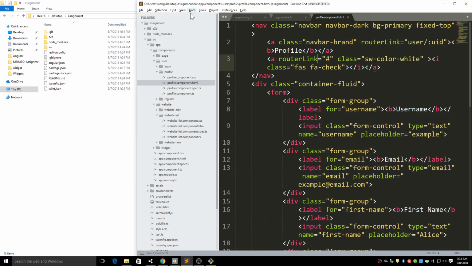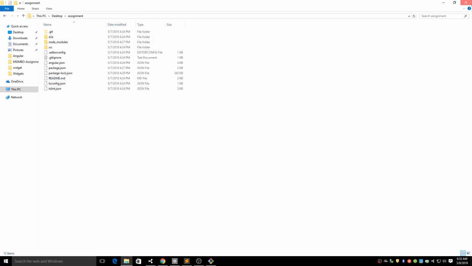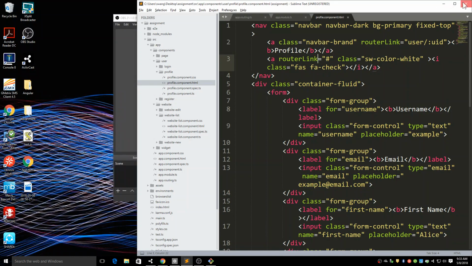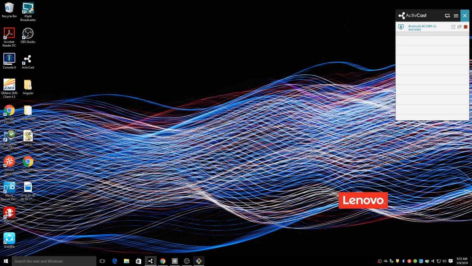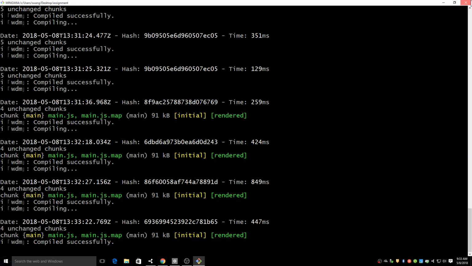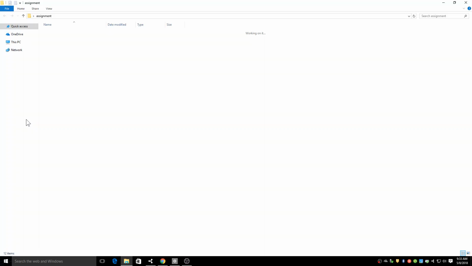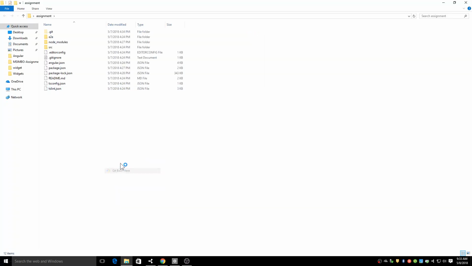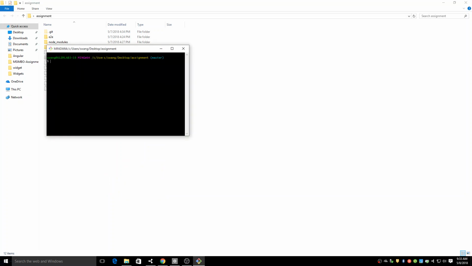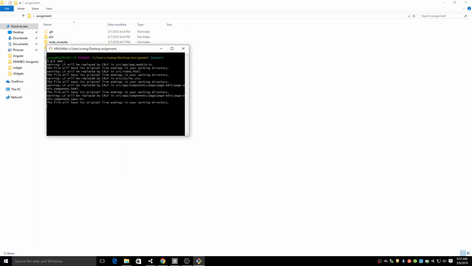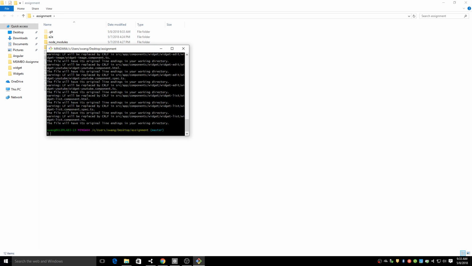Let me upload my code to GitHub. Okay, so let's close this, minimize this. Let's see, close that. Let's open my code here. Right click, git bash here. Git add dot. I did a lot of files. Git commit -m